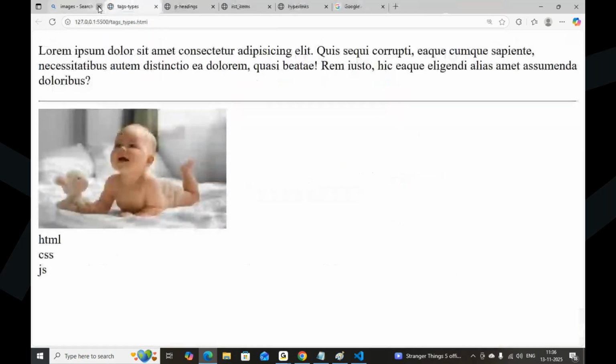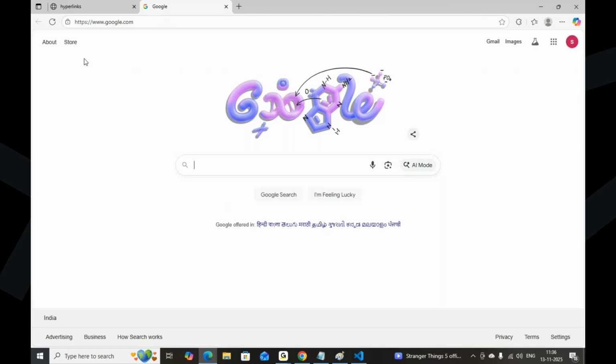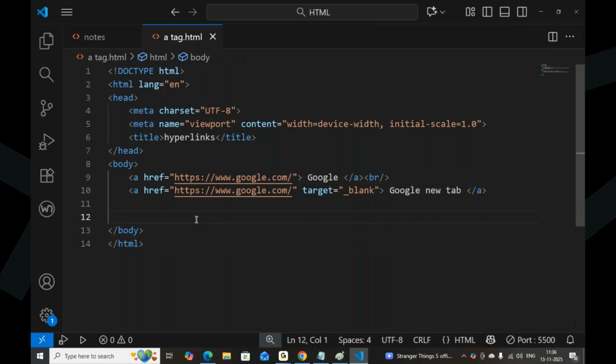I hope everybody understood this. Only one tab is there. If I click on Google, in the same tab it is opening. But in the second one, when I click, it takes a new tab and opens Google. This was not disturbing. That is about hyperlinks.